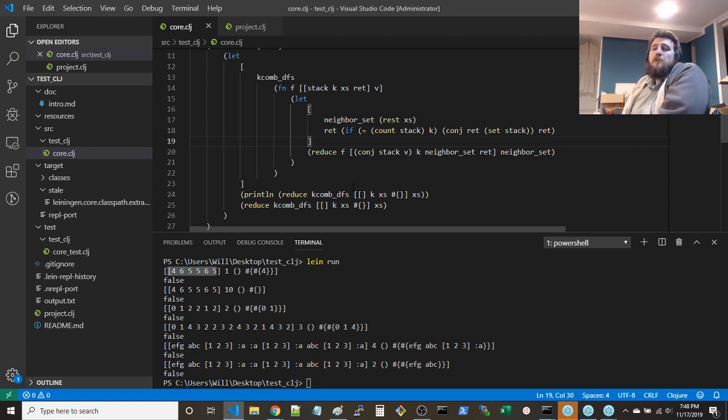Maybe this is a good application for a transducer, as odd as that is. I don't really like using transducers much. Kind of give me a headache to think about. I want to say like